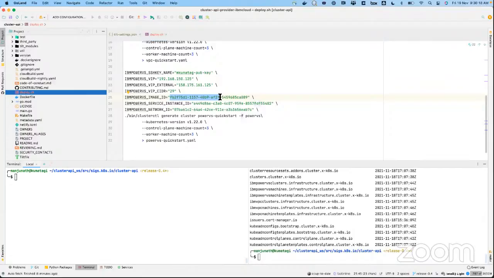We just need to have a bunch of instructions to create this image. What I'm planning to do is have these instructions documented in the project, and then have these images created and pushed to a cloud object storage bucket in IBM Cloud, and make them public so that anyone can use them.